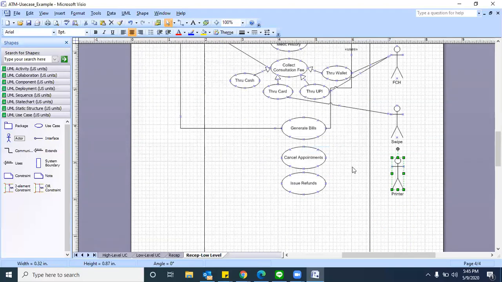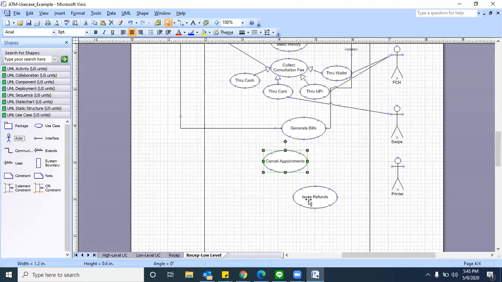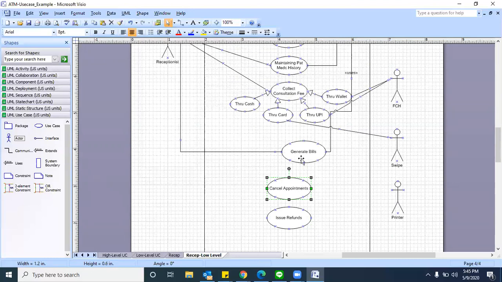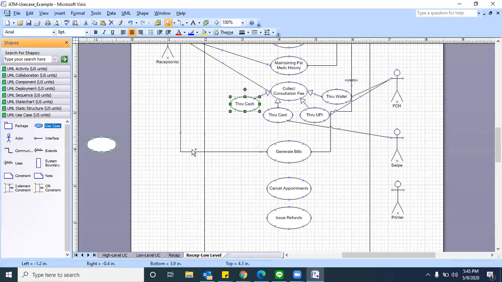Here you can take one supporting use case if you remember. For these two things, I'm not keeping the patient ID. Later on, you map it. Even for generate bills we need a printer, and for through cash also we need a printer, I think. Generate bill also needs a printer as an actor? Of course, it requires a printer. But for cash, why separately do you require a printer? I didn't understand that. Sir, manually she will enter the data like, hey, so and so patient.